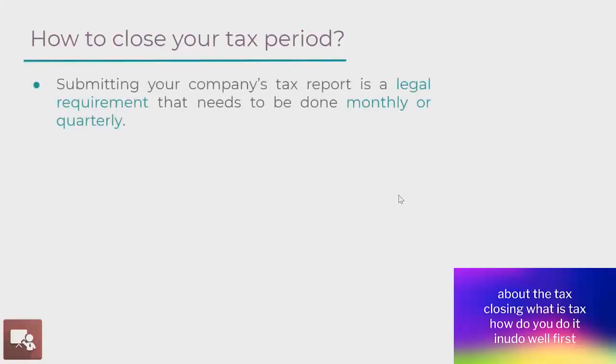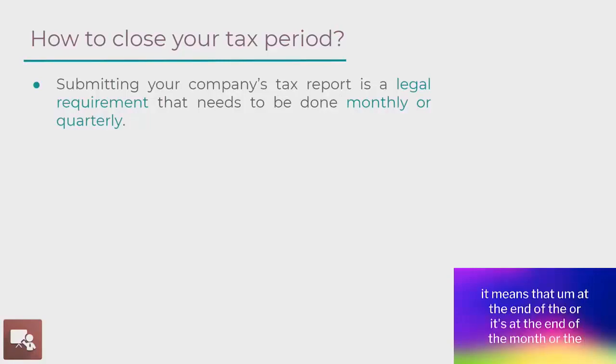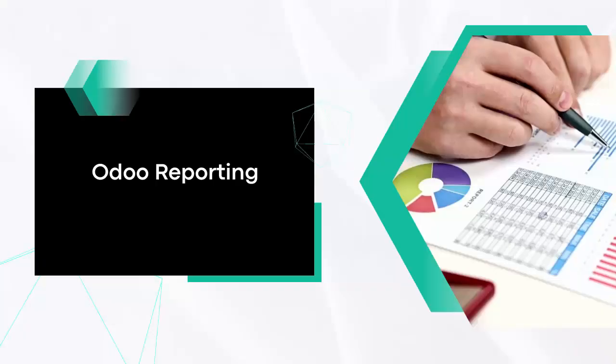about the tax closing. What is tax closing? How do you do it in Odoo? Well, first, as a company, you need to submit your tax requirement and it needs to be done periodically. It means that at the end of the month or the end of the quarter, you need to make the sum of all the taxes that you've